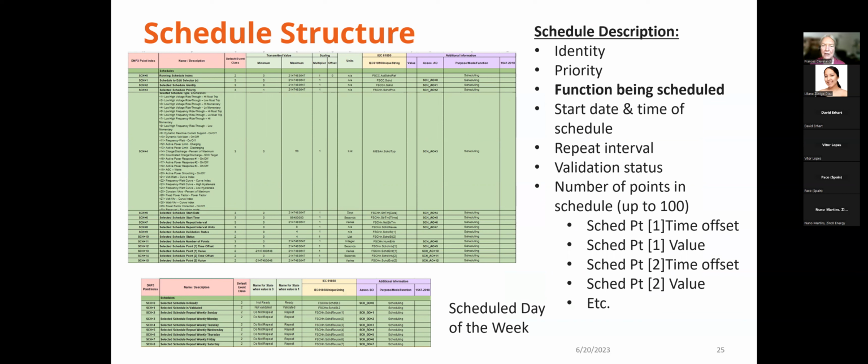We've left room for about 100, well, actually 250 schedules with up to 100 points per schedule. Okay, that's an awful lot of data points. So we've done something which I'll show you in a moment, but just quickly first on the schedule structure, we've